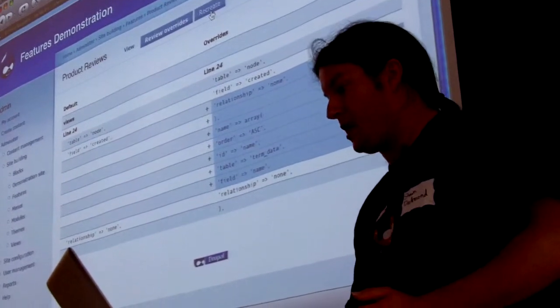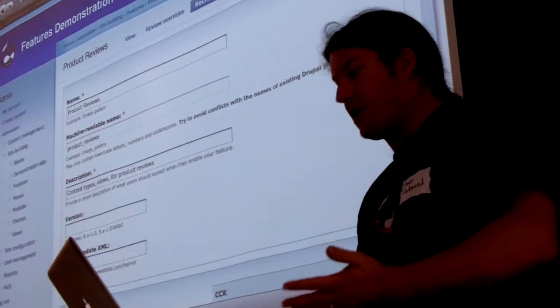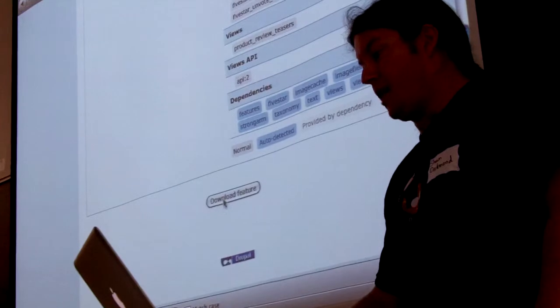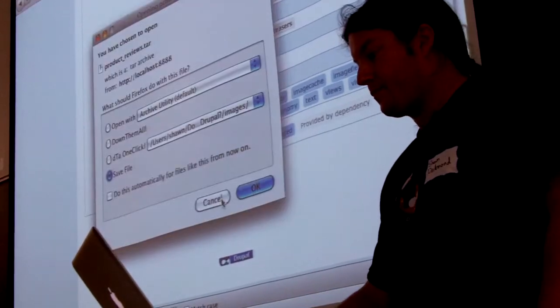Okay, so I'm going to go to Recreate. All my stuff's already there. All the name and everything is already there. All this stuff's already there. All my dependencies are already there. And now I can download the feature again. And I'm going to say